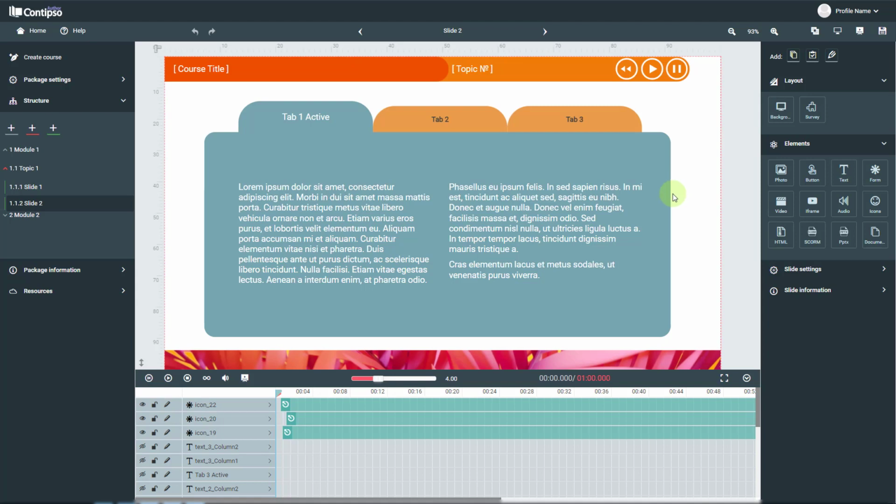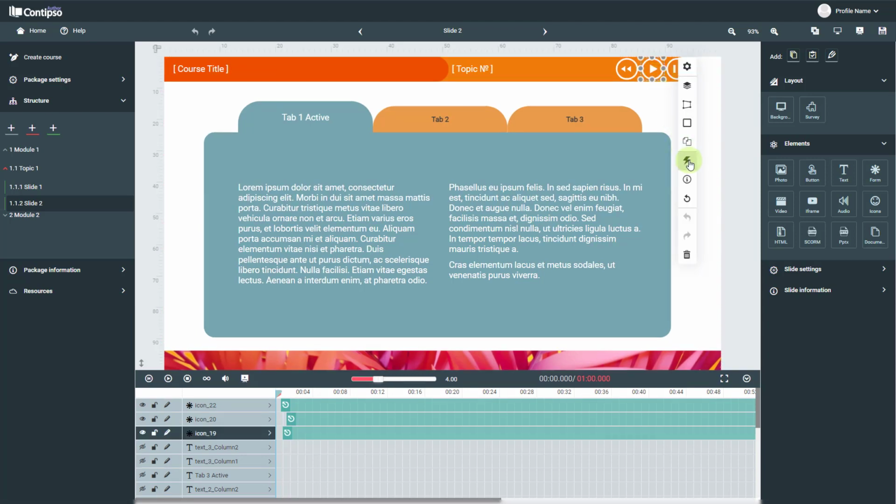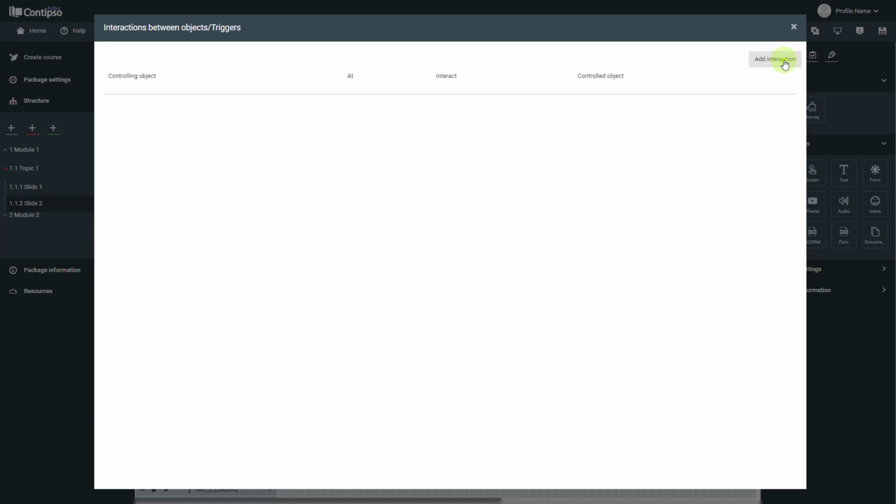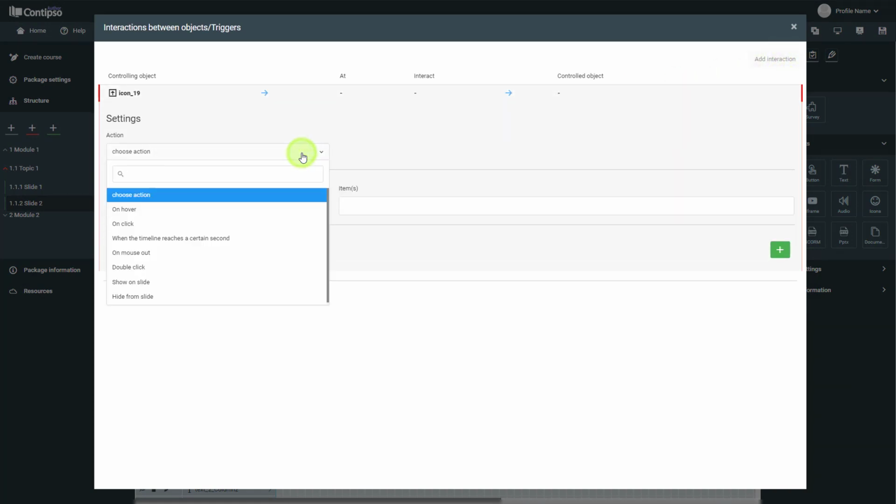Let's take an example. If we have a 1 minute long audio file with voicing and everything, then we may want to navigate the text according to the audio. The timeline settings are used with triggers, so choose an icon that you would like to set a trigger to, open the menu, add an interaction, choose the action